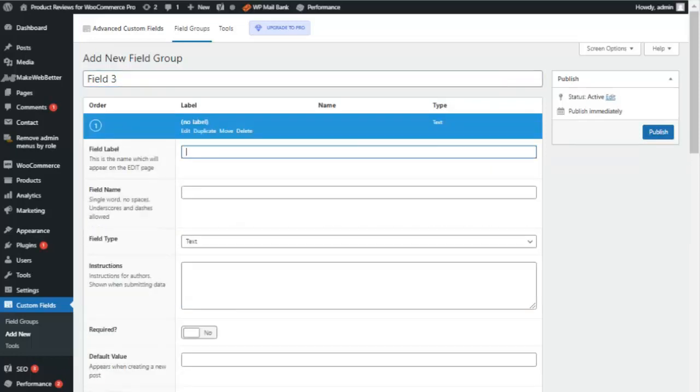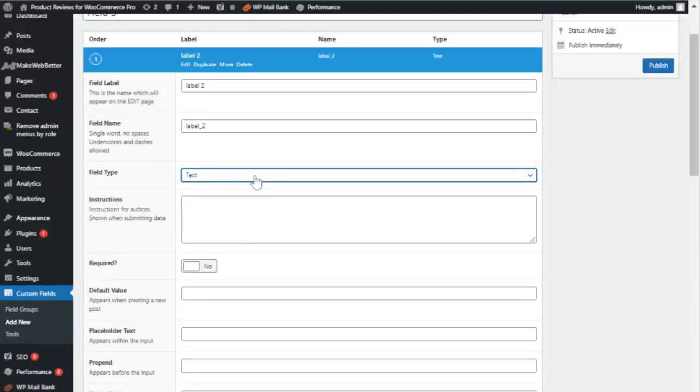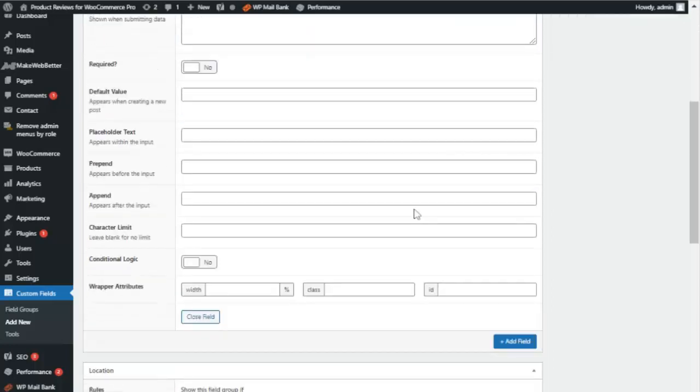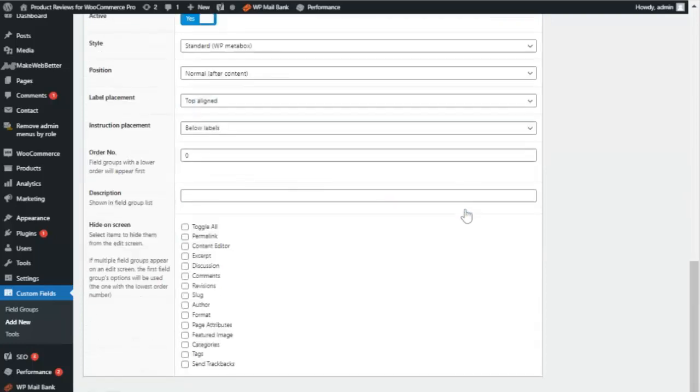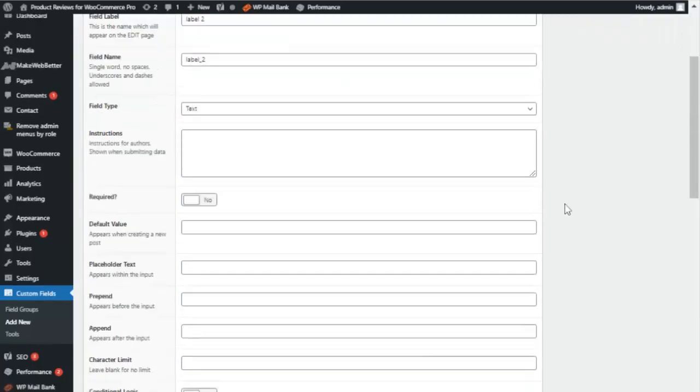So here you can give the field label, and here you can select like text, and next you have to scroll down, and here you have to select comment is equal to product, and you have to click on publish.